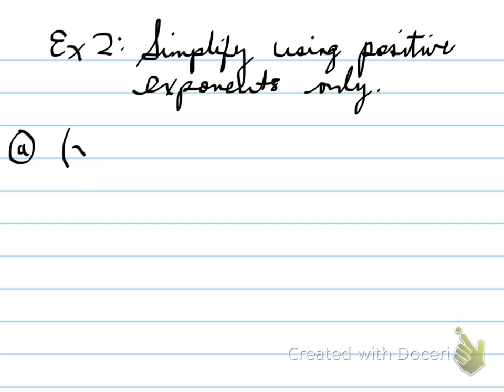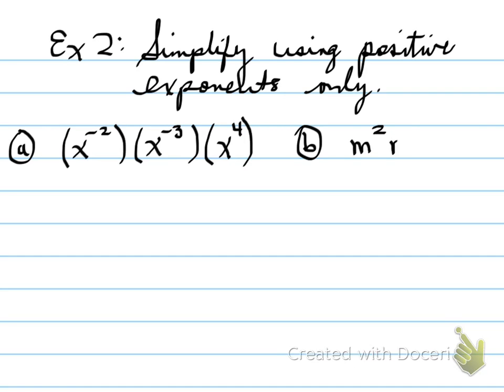Simplify using positive exponents only. So here's an example where you may not start off positive, but you must have a final answer with positive exponents. So you must have positive exponents as the final answer. Here are two examples. And the third one,